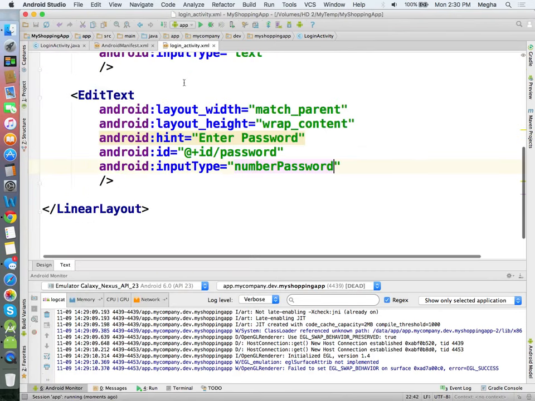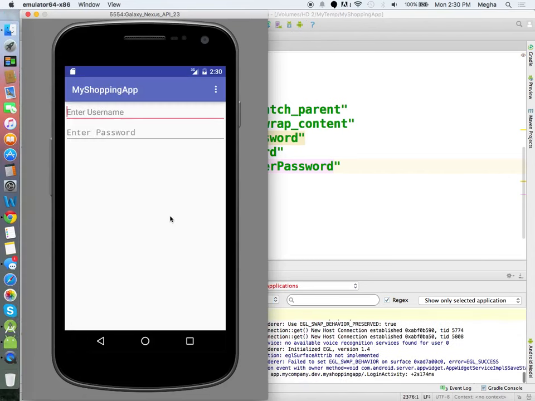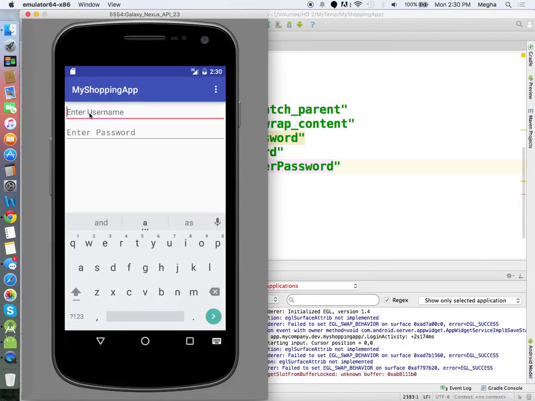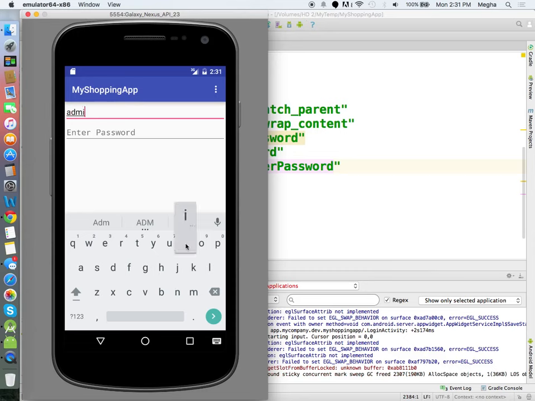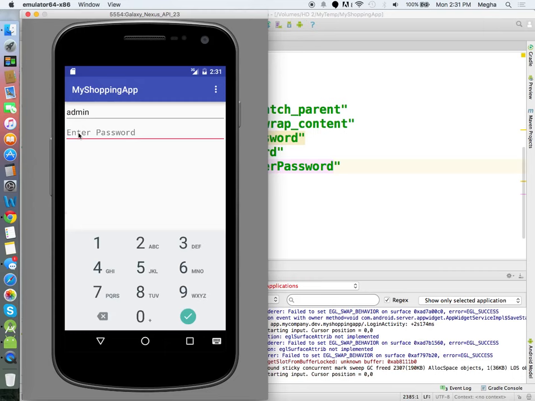Okay, so we make some more design changes, but let it load up. Okay, that's fine. So let me bring the software keyboard. Sometimes your software keyboard may not come. There will be some sort of icon in your emulator. You can bring it up for testing purposes. This is the way you will be entering in a real device. If you see, the moment I change the focus to the password field, because I set it as a number password type, it just became a number. So it is a secured one now. So you can specify number type.